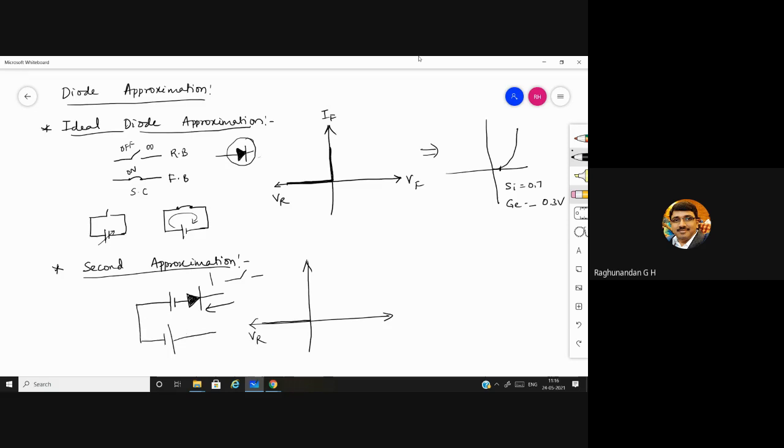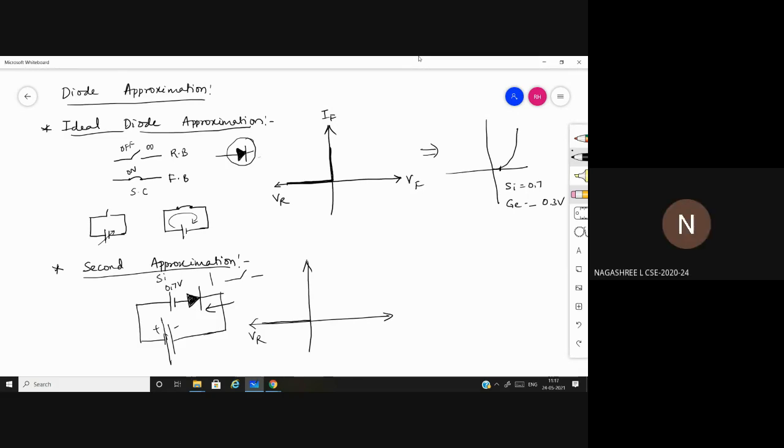So it will be connected like this for the reverse bias condition. Now when they connect it in the forward bias condition, where this is positive and this is negative, when this battery dominates this battery, suppose you are considering silicon, then they considered a battery of 0.7 volt. Now can you tell me at what level of voltage the current starts flowing through the circuit?